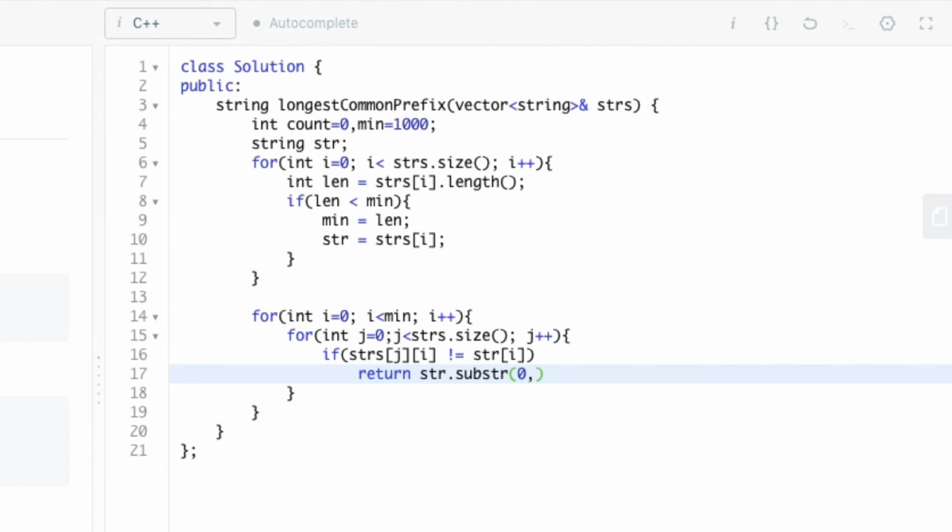We can use the substr inbuilt function which is present in the string STL library. And after the inner loop, we increment the value of count.